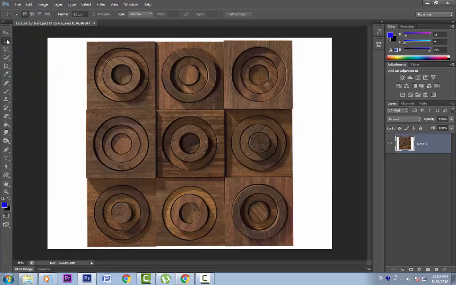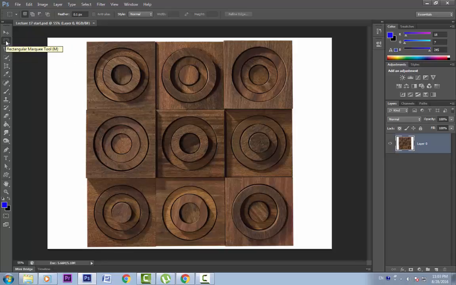Let's start with this first one. As you can see, it has a small arrow. By clicking and holding it, we can see other options. This is called the marquee tool. The shortcut for this tool is M. Now we will talk about these two tools, the rectangular marquee tool and the elliptical marquee tool. These both have a shortcut M.